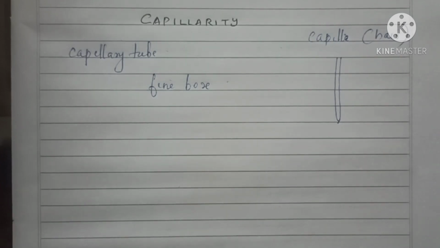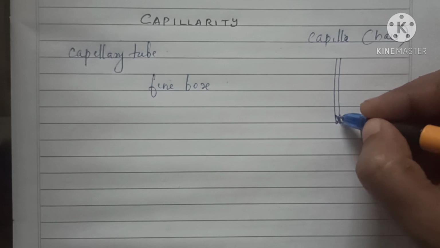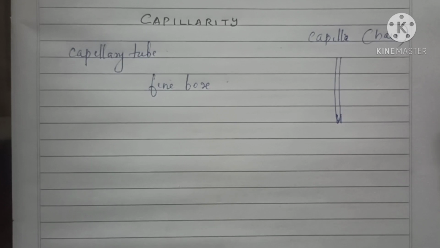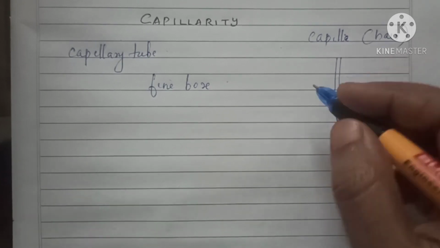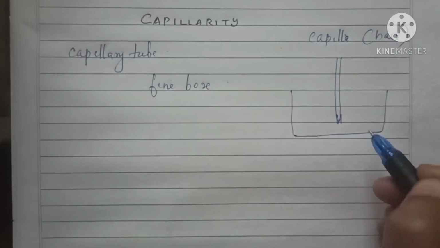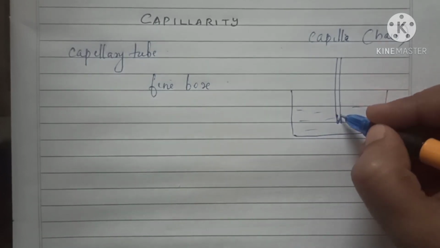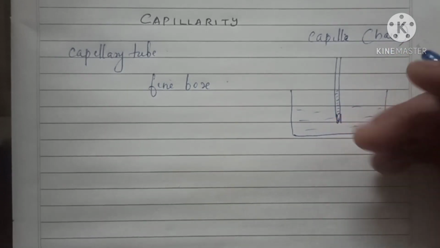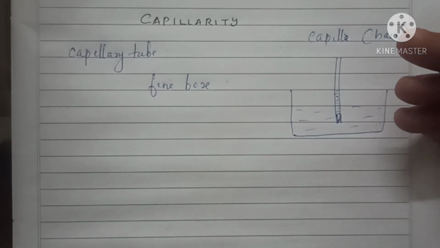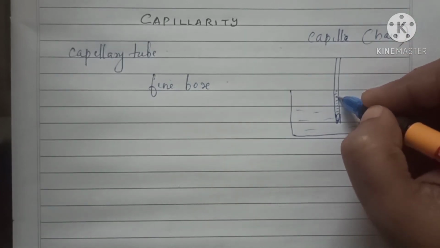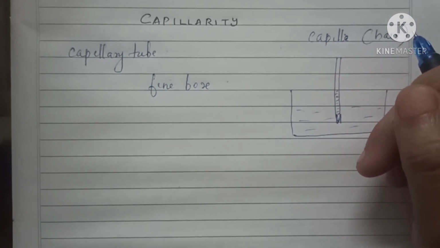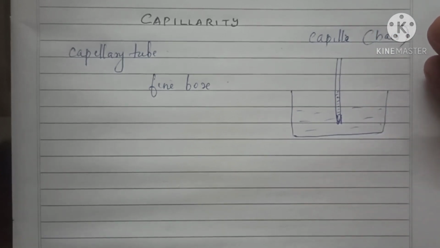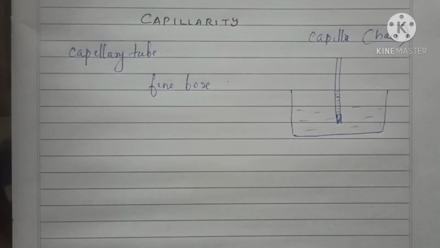Okay. So if a capillary tube, actually here also it is open. So if a capillary tube of glass is dipped in a liquid like water, what will happen? As you can see, if it is dipped in a beaker containing water, you can see that the liquid rises in the tube. But when the capillary tube is dipped in a liquid like mercury, the level of liquid falls in the tube. This phenomenon of rise or fall of a liquid in the capillary tube is called capillarity.